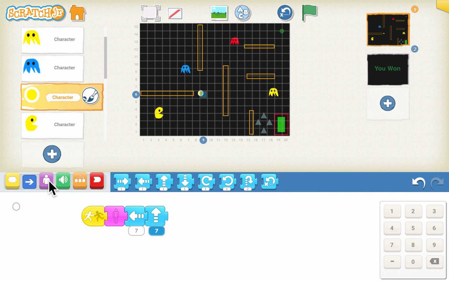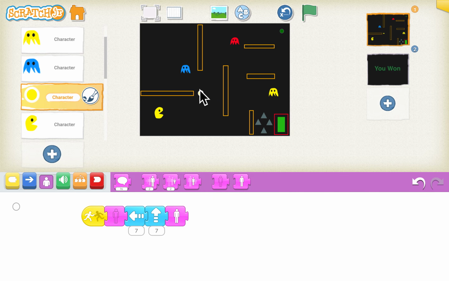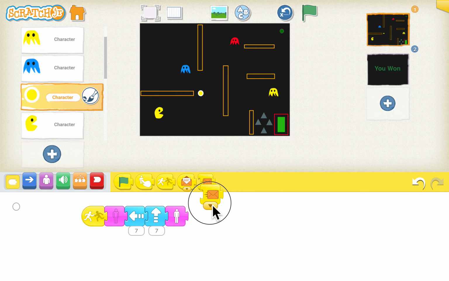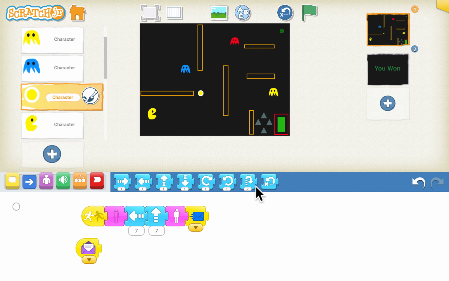And then we want it to appear. We'll go to the purple blocks again and choose the show block. We'll remove the grid lines. Now once it shows, we will again send a blue message. We'll go to the events block, drag the message block and choose the color code to blue. Also, as you remember, when the Pac-Man touches the ghost, it is sending a purple message. So when the food also receives a purple message, it will reset to the new position, that is the old position, which is already there.